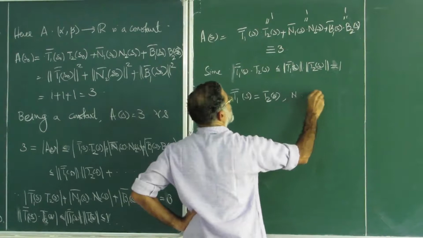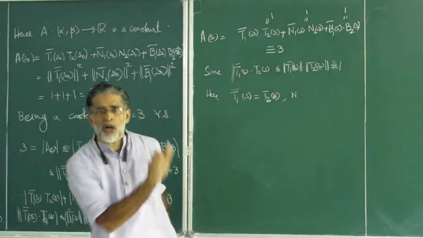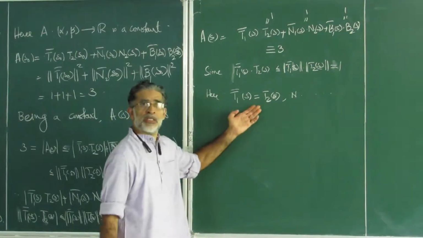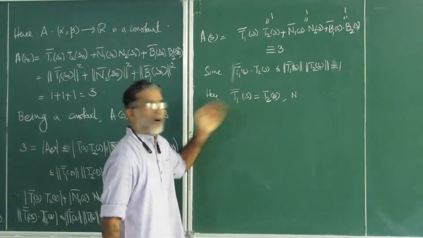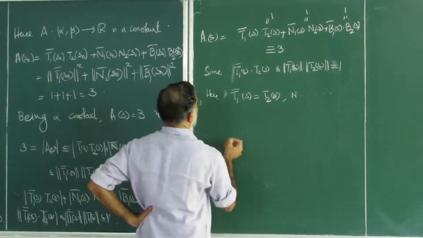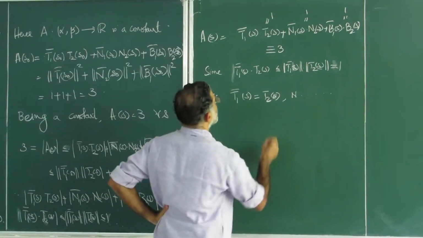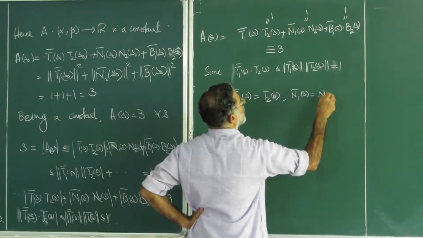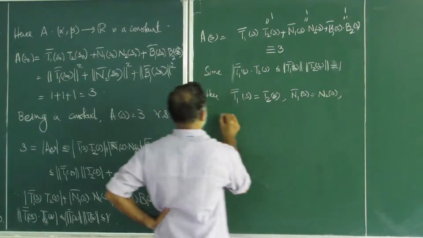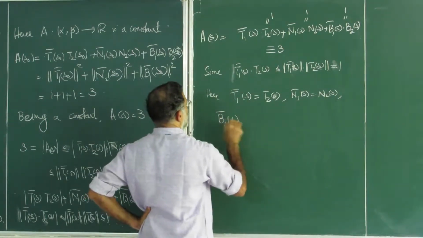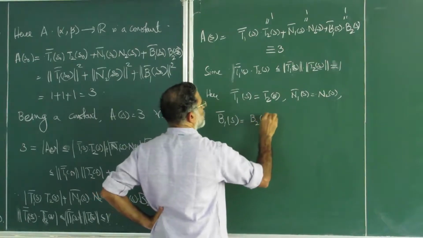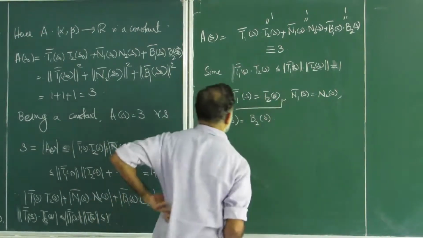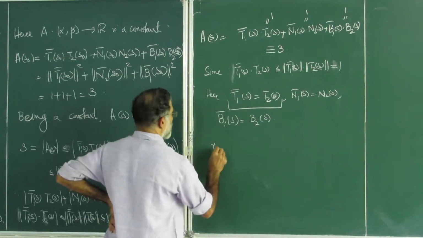N1 bar s, etc. But that doesn't affect us right now. So from this, what have we done? So N1 bar S is equal to N2 S, and then B1 bar S is equal to B2 S. So from this, immediately you can say your gamma 1 bar